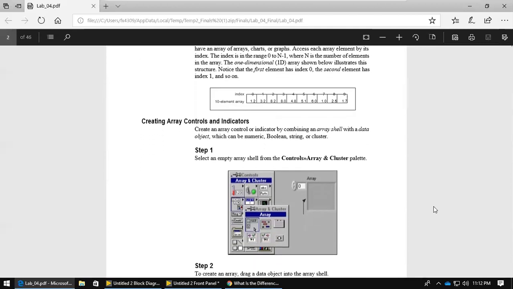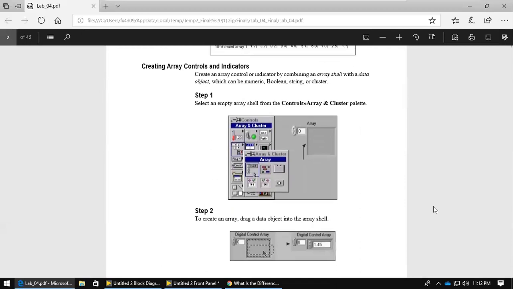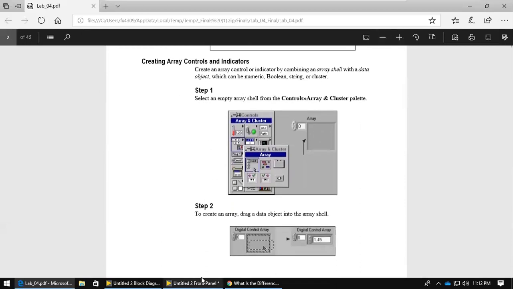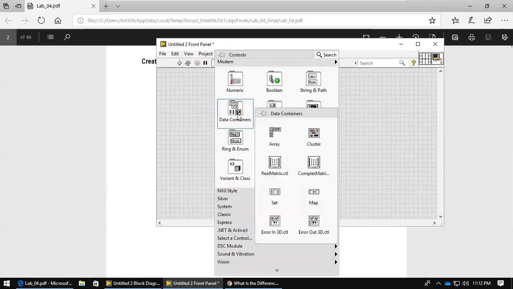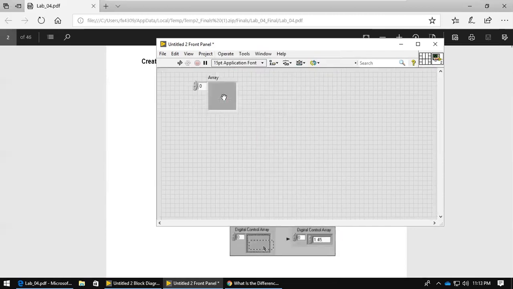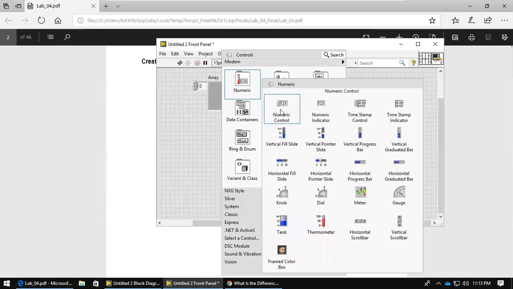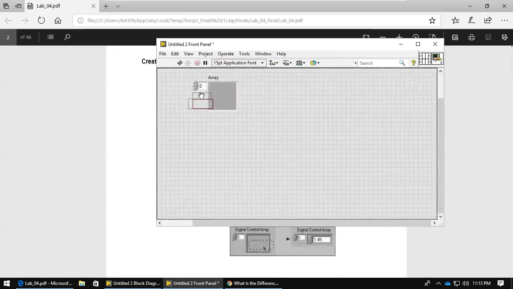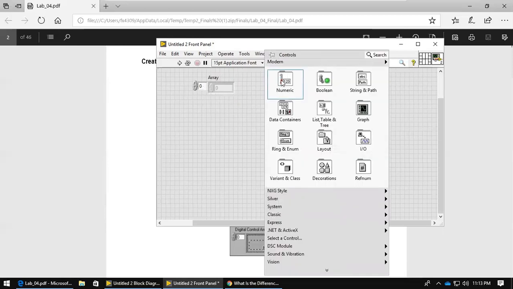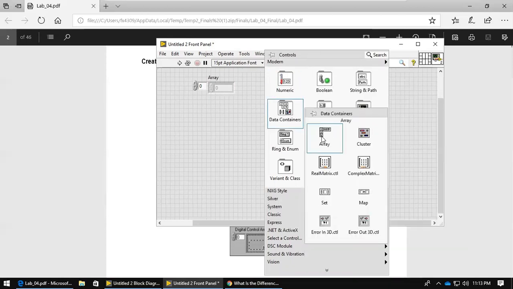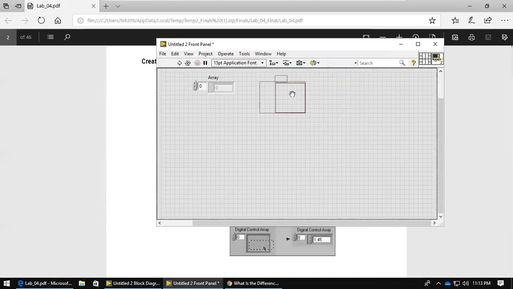Then going with creating arrays, array controls and indicators. Let me demonstrate that to you. You go to the front panel and then select data containers and then drop the array shell here. Now you can choose it to be a control or indicator depending upon what you put in here. So in the shell, if you put a numeric control, it's going to be a control shell. Or if you want an array indicator, then you have to again select another array shell, drop it here, and